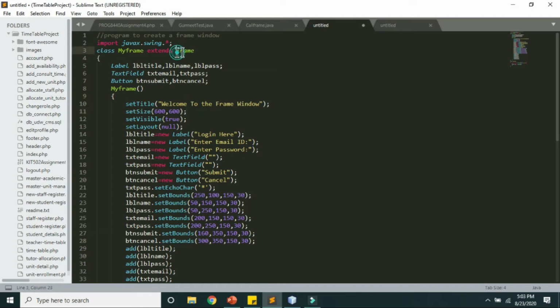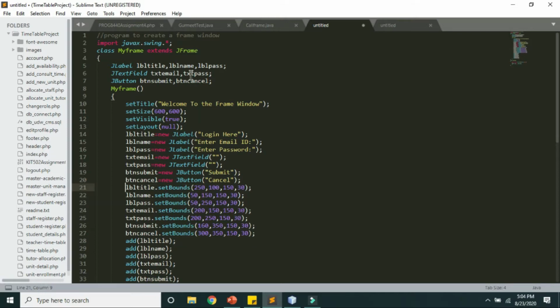From Frame it will become JFrame, from Label it will become JLabel, then JTextField, then JButton. So Label is converted to JLabel, TextField is converted to JTextField, and Button is converted into JButton.